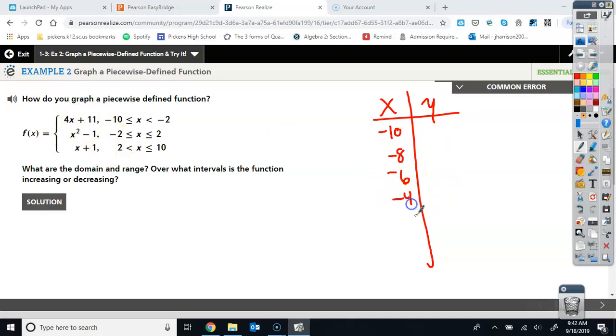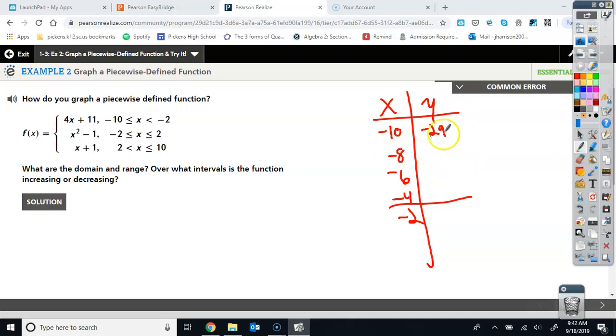But once we get to -2, notice what happens. With -2, when I plug this one in, it's going to actually be using this function, x squared minus 1. So as I would plug these in, I would notice that my graph would change